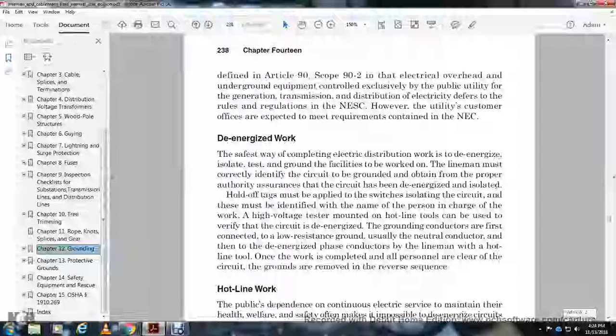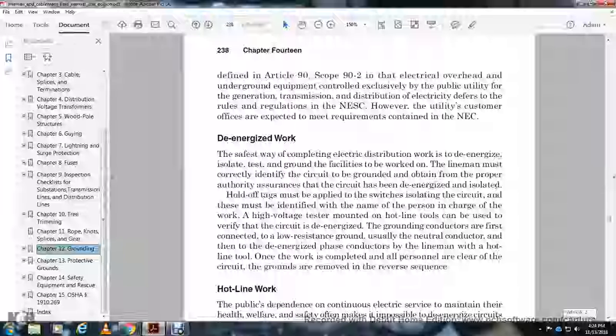Energized work safety. The way to complete electrical distribution work on energized lines is to isolate, test, and ground the facility. The lineman must correctly identify the circuit to be grounded and obtain assurance from the proper authority that the circuit is de-energized and isolated. Hold-off tags must be applied to the isolating switches, identified with the name of the person in charge of the work, and a high voltage tester mounted on a hotline tool